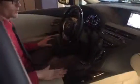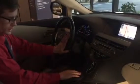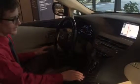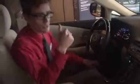Now, also, the hands-free calling is important to you. The navigation, the easy-to-use navigation is important. And the quality of the vehicle itself is important. Now, you also mentioned, what was it, the